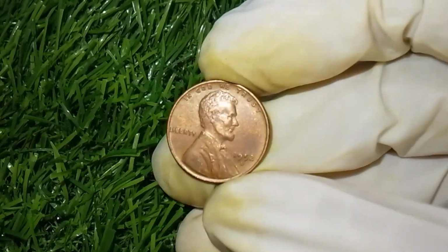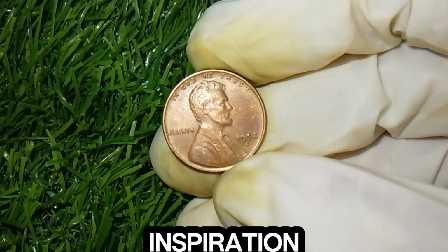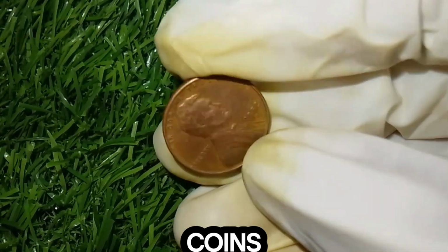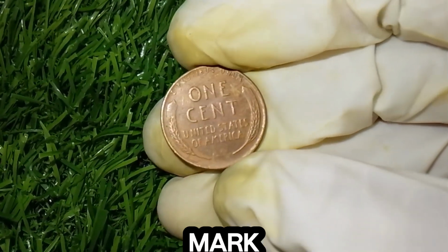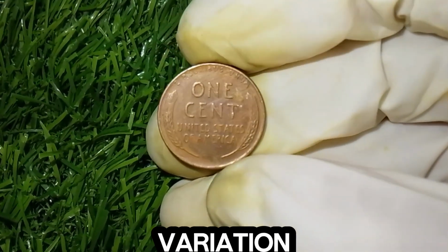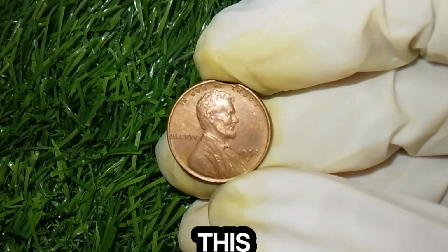significance. Today, stories of 1952 D pennies selling for astronomical sums create both curiosity and inspiration, encouraging people to learn more about how to identify rare and error coins, because details matter in this world. Things like a small doubling on the date 1952, a shifted D mint mark, an unusual strike on the wheat stalks, or even a subtle color variation in the metal can mean the difference between pocket change and generational wealth, and it is that possibility that keeps the legend of this